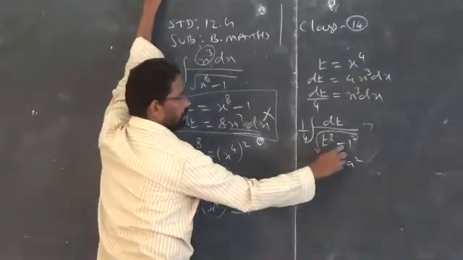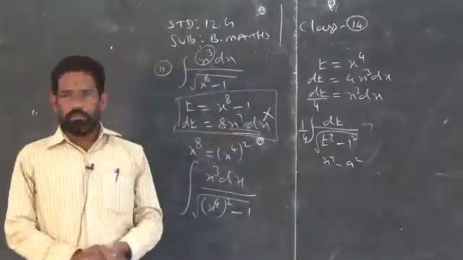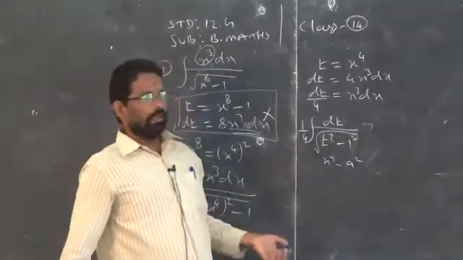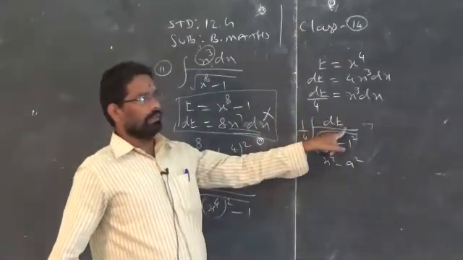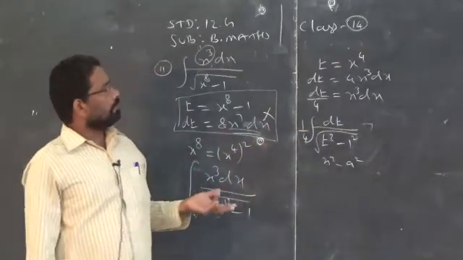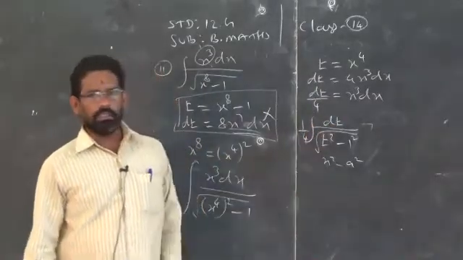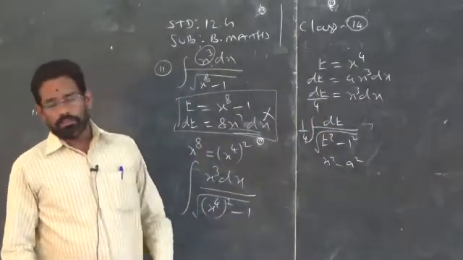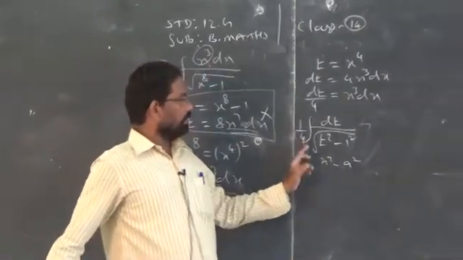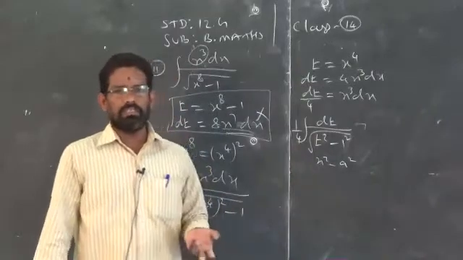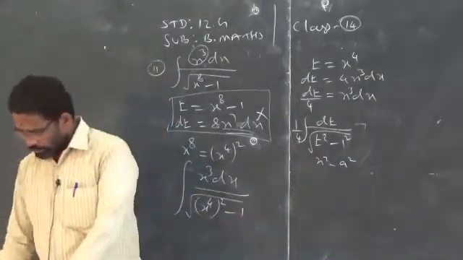Now this is in the form of x square minus a square. Don't think that the formula is given only in the x term, or that you can apply it only when the variable is x. You are integrating with respect to which variable? The variable t. In the formula it is given with respect to x, but here it is with respect to dt. So don't think that we have a different formula. Depending upon the variable you integrate, you have to change x into t or y or z, whatever it is. Now you can take the x square minus a square formula.